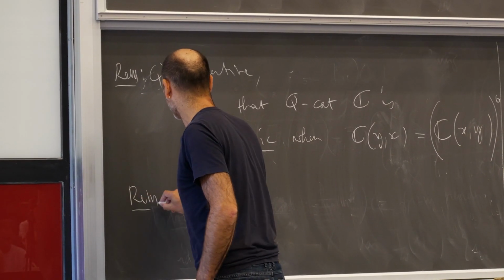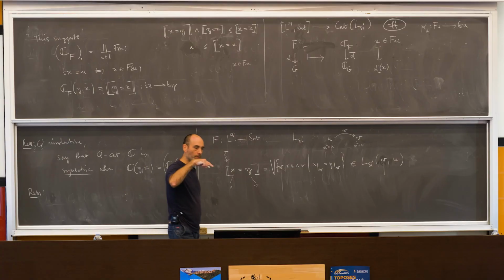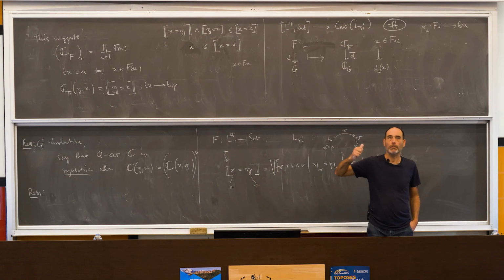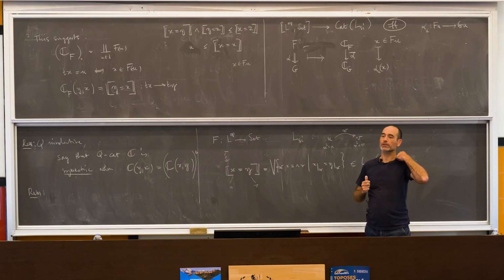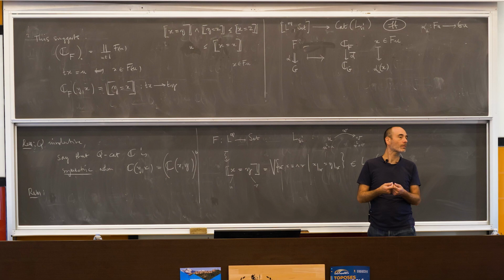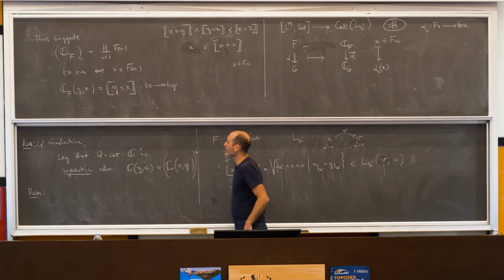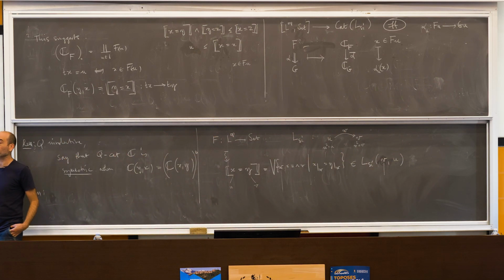Another remark that I want to make: we saw that over the Boolean algebra with two elements, my Q-categories were ordered sets, pre-ordered sets. But very often we like ordered sets. That's to say, we want x smaller than y, and y smaller than x implies x equals y. For metric spaces, we want them to be separated. If the distance from x to y is 0 and from y to x is 0, we want x to be equal to y. There is a simple way to formulate this for general Q-categories,